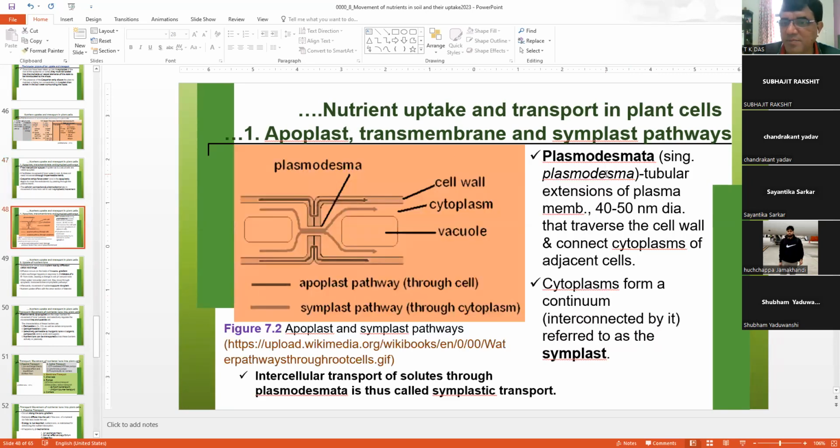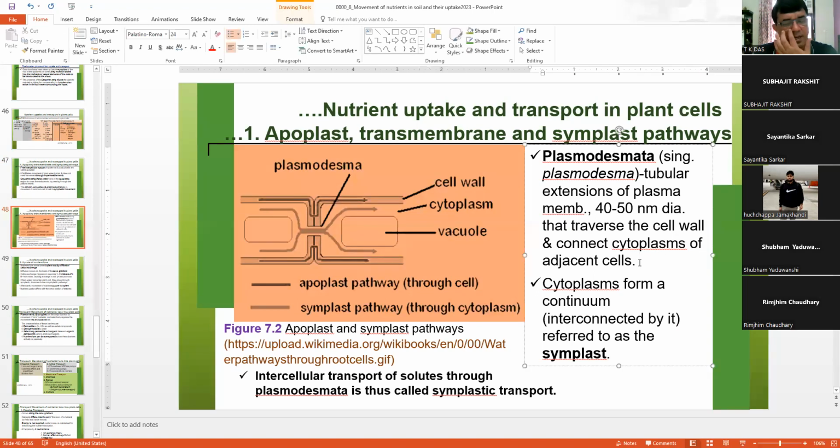First, you see what is plasmodesmata. Singular is plasmodesma. Plasmodesma is singular and plasmodesmata is plural. What is plasmodesmata? It is tubular extensions of plasma membrane, 40 to 50 nanometer diameter, that traverse the cell wall and connect cytoplasm of adjacent